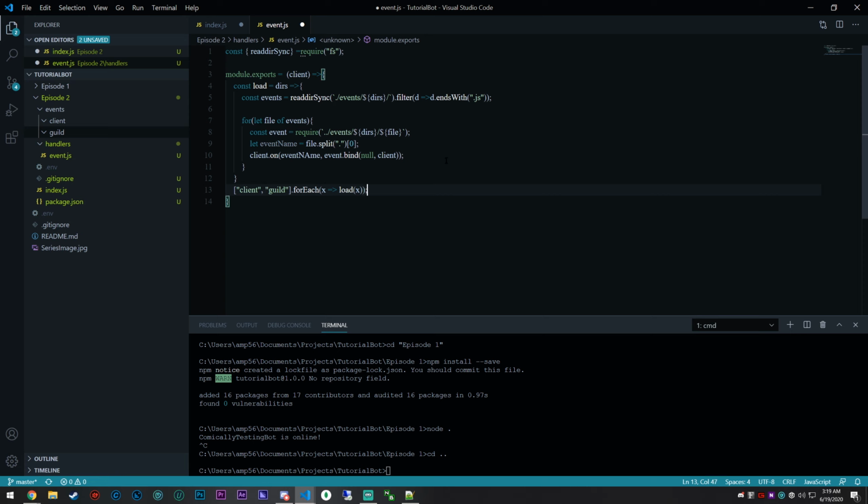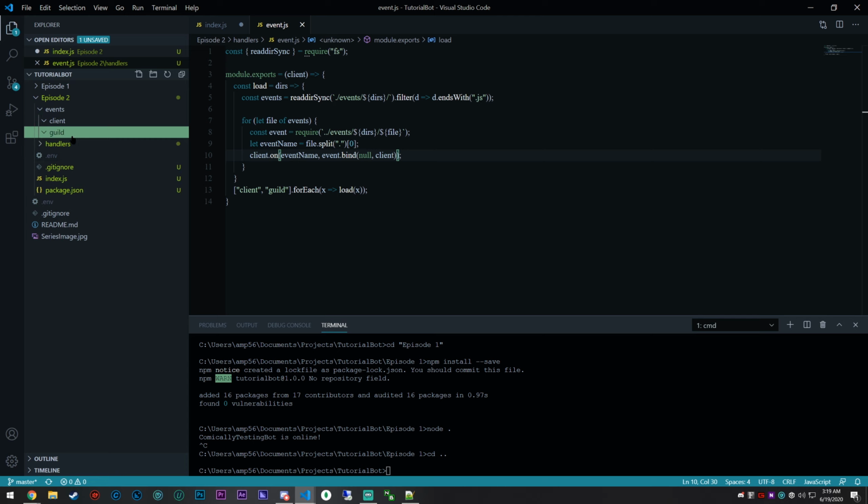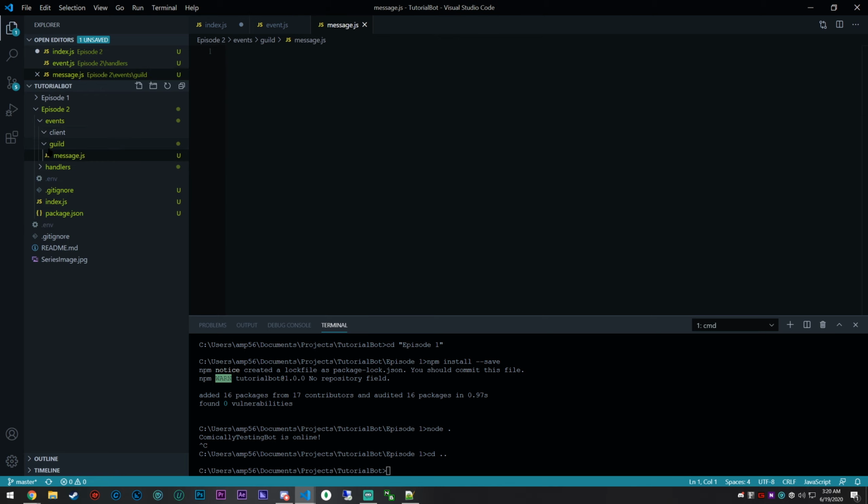So this is our simple event handler, and I misspelled that, not capital A. This is going to handle our events within client and guild. And so now what we can do is add our message handler. So if we go in and add into our guild message.js, so on the event of a message, we're going to